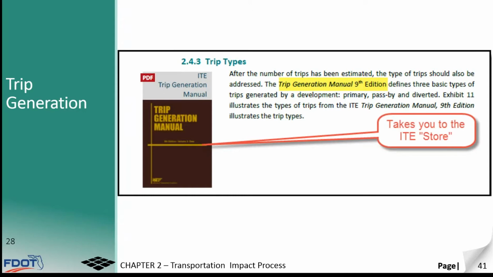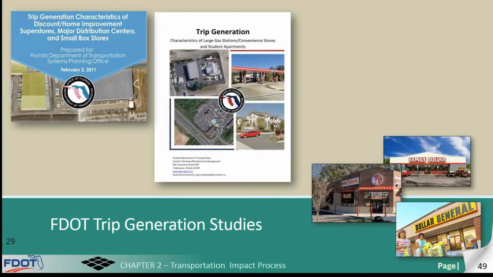As much as we love to give you free guidance, occasionally we can't. The Institute of Transportation Engineers, or ITE, has put out a trip generation manual. This is the 9th edition, and we do have a link, but we can't give you the link to a free document, but we'll take you to the ITE store where you can lose about $600. So just letting you know.